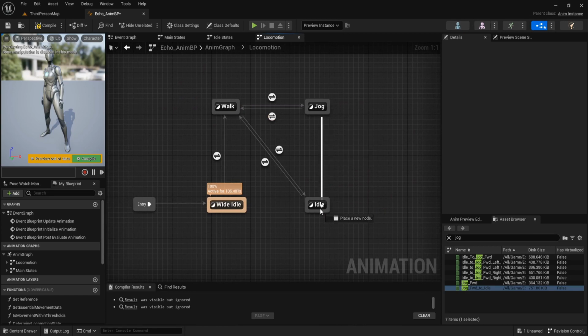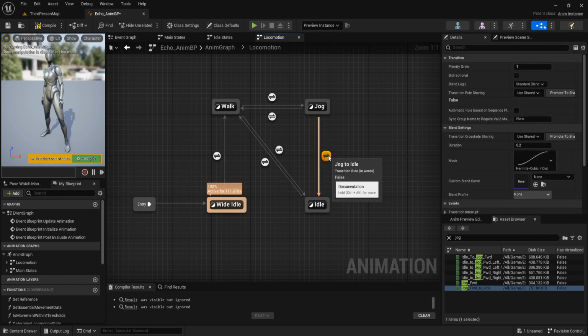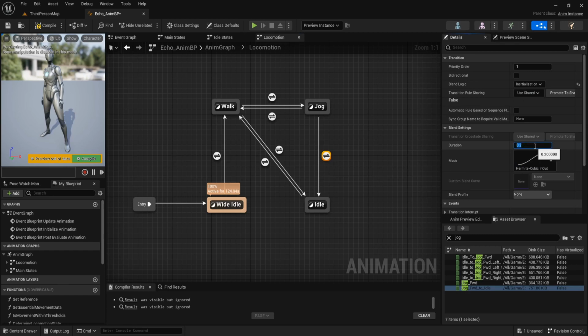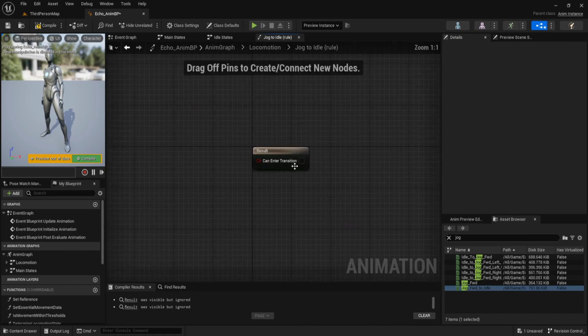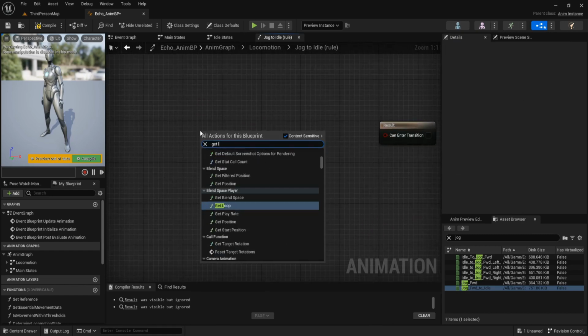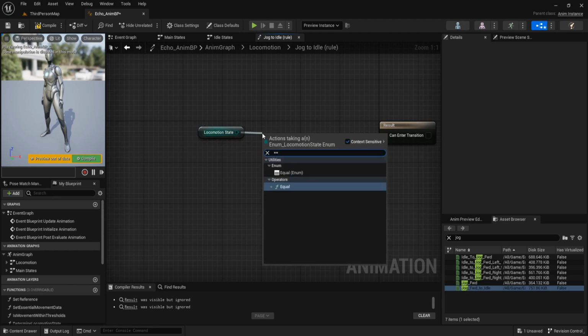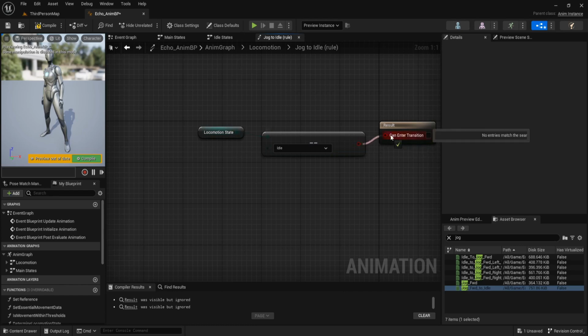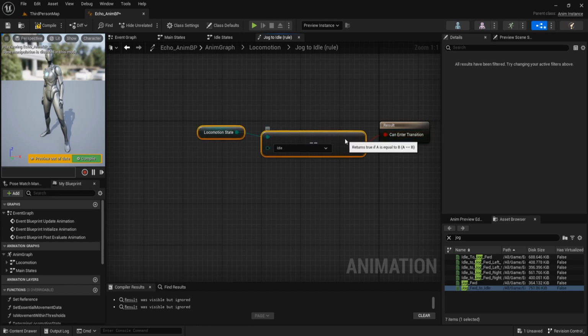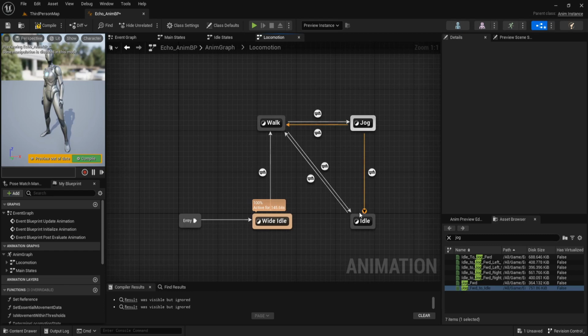And from jog to idle, blend logic inertialization, and this duration is 0.3. Get locomotion state and equal to idle. And drag it to the jog.